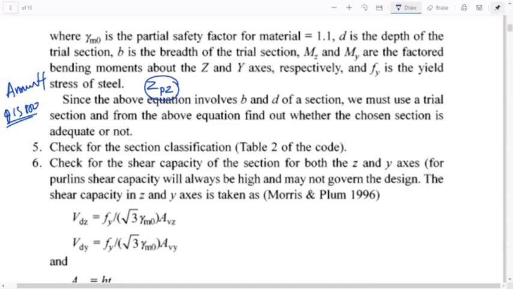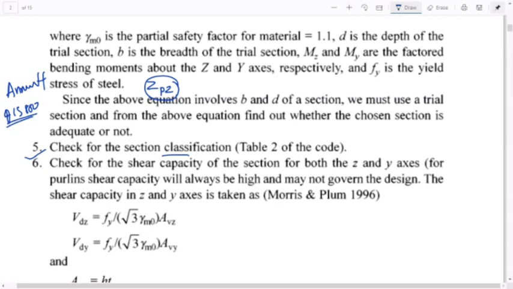It's finished. Now, in the fifth step, classify the section. You know, a section can be classified into plastic, semi-compact. So these are the two types of sections. Of course, there are four actually, but in most of the cases, we generally go for plastic. Generally, the section we considered would be plastic or semi-compact section. Okay, and the other two are compact and slender. We do not prefer such kind of sections mostly.